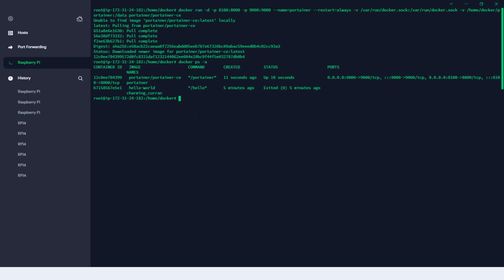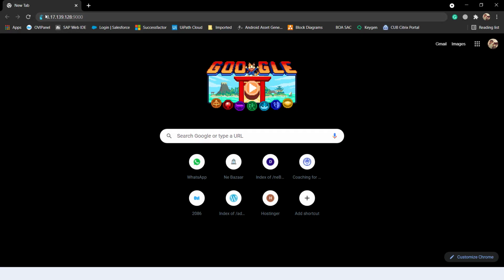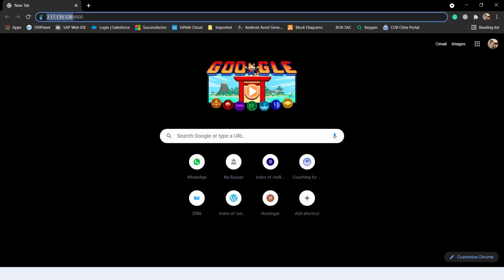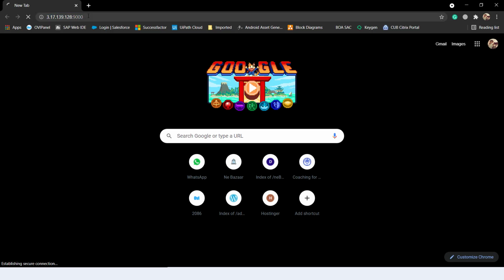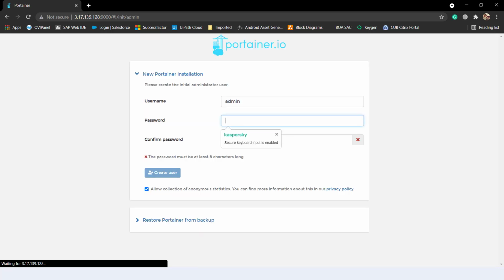So what we will do, we will try to see this Docker container. Here you can see we have two images, so in our GUI also it will show two images. So type your IP address along with the port which Portainer is using, which is 9000. Click enter.